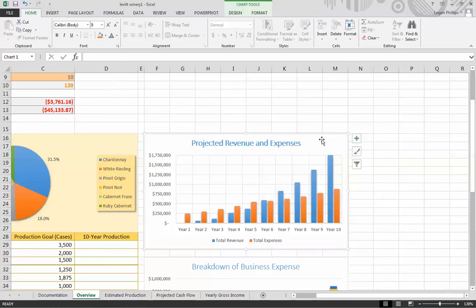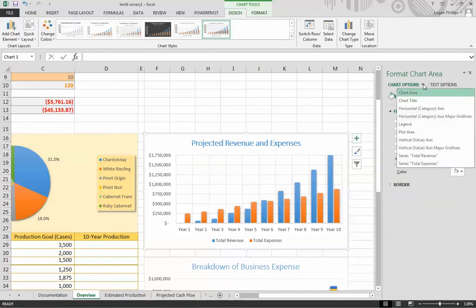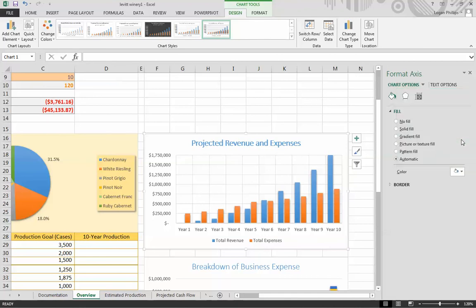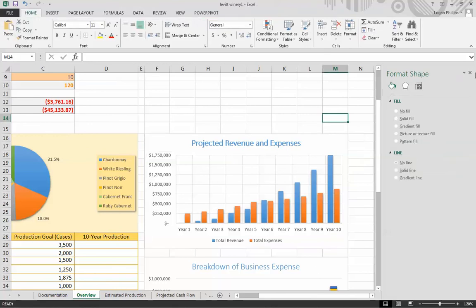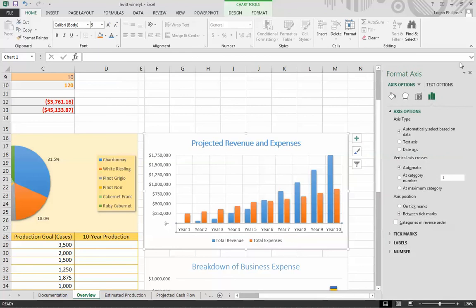To make sure we select it. We're going to go to the Format pane and click the Axis Options arrow. Okay. And we're going to do series total revenue. Okay, so to get to where we're going to click on the chart. We're going to go to our chart elements. We're going to go to Axis, More Options, and then we're going to check on the Total Revenue Series, changing